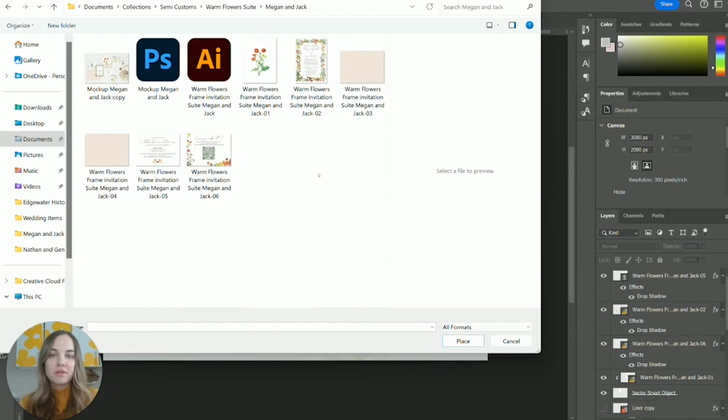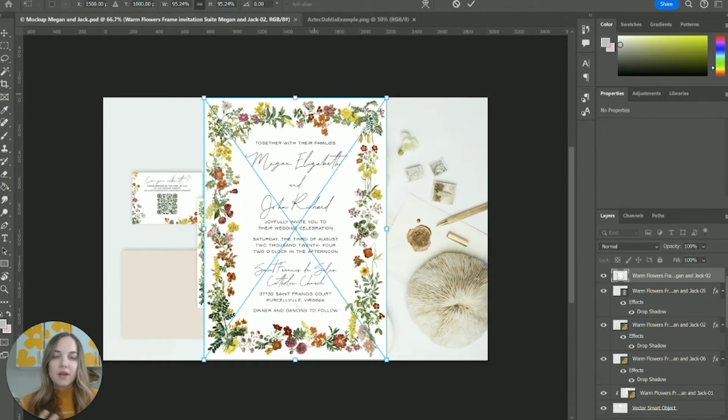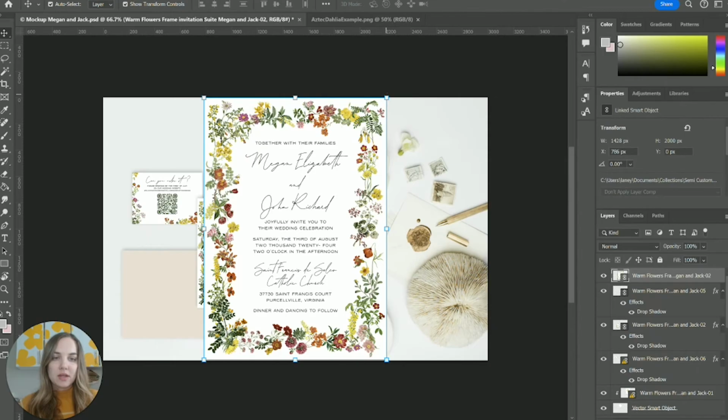When I place one of these files in here, I can either place the Illustrator file by itself, or I can place any of the JPEGs that I have created. I like to use JPEGs because it gives you the white background of the paper, but you could create a white background here in Photoshop and then place the rest of the file on it. It kind of doesn't matter. So when I click on that piece, I'm going to place it here